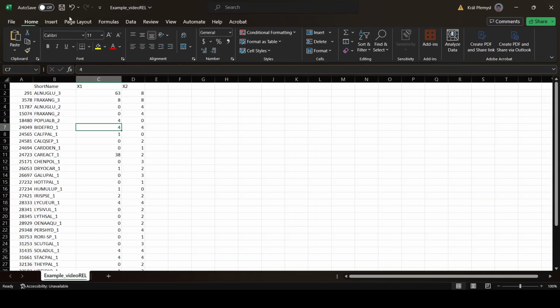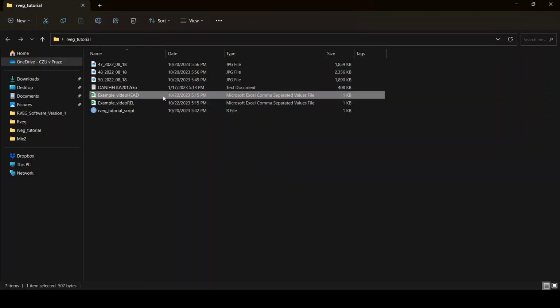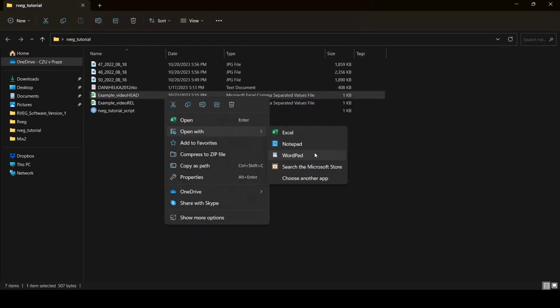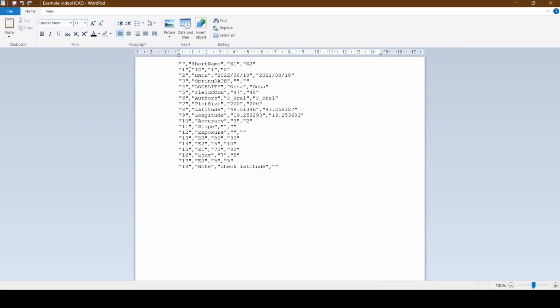If we take a look at the file structure, for example in WordPad, we see that the separator is the comma. If you want to make any changes, you would have to keep the structure the same, so separated by comma, and do not change the separator.